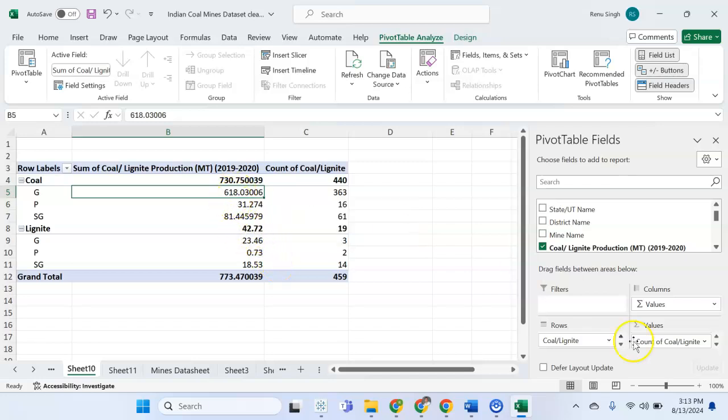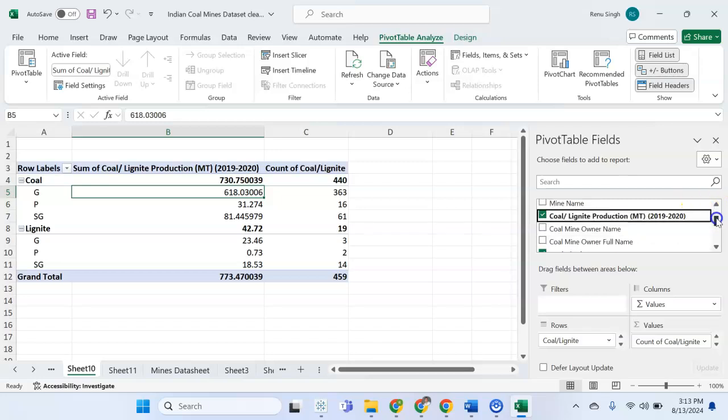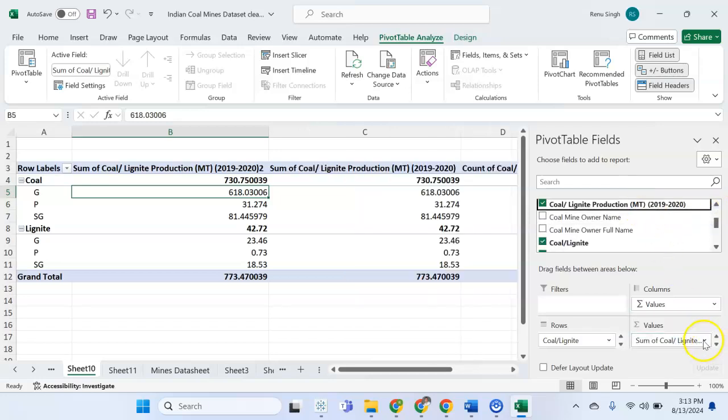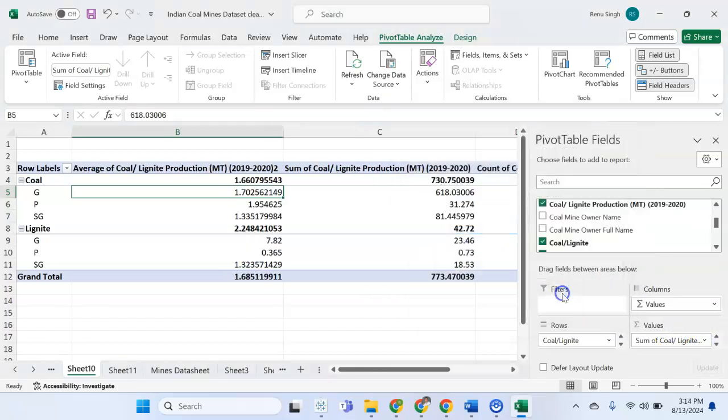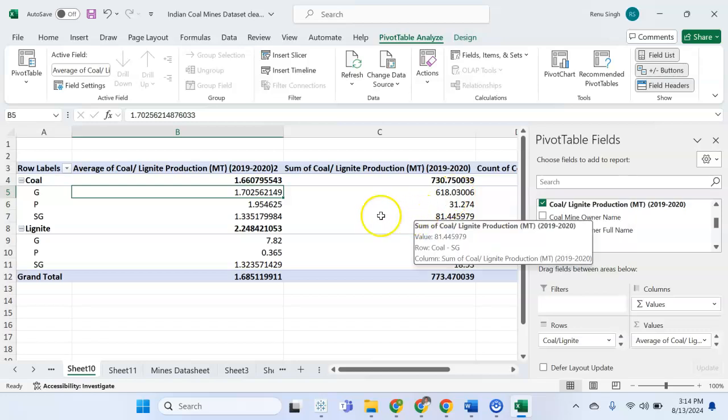And if I go with the average, I have to check on an average how much they're producing. So click on the coal and lignite production and drag it down to the values, and click on the value field settings, click on the average and yes. So here's the catch, that all the government owned mines are producing 618 and